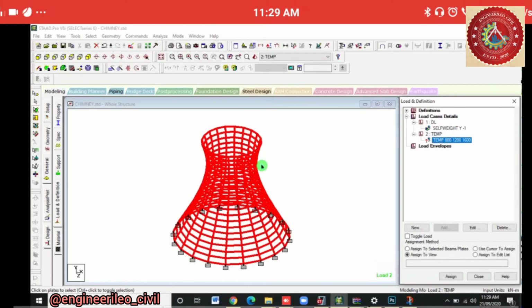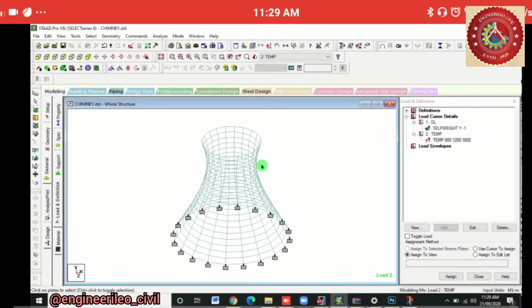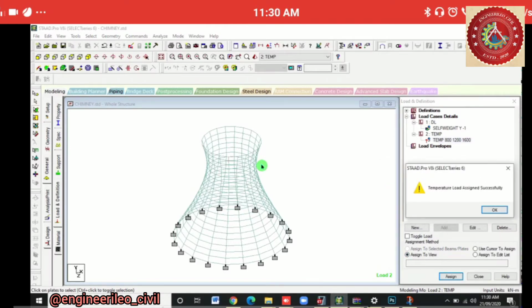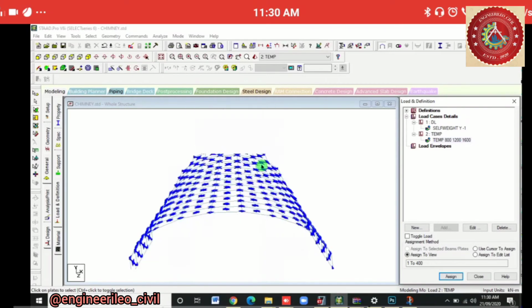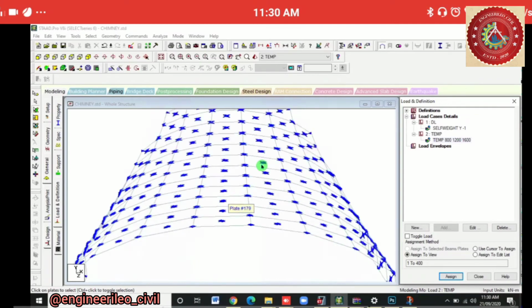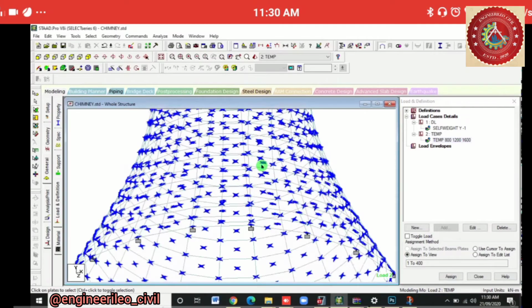In this, the temperature will act on all the node points, so we'll directly assign to view, assign yes. Okay, so you may see that temperature has been added to all the nodal points.